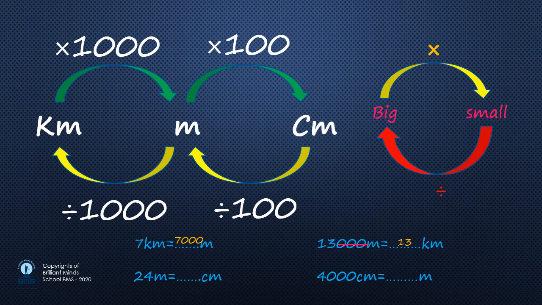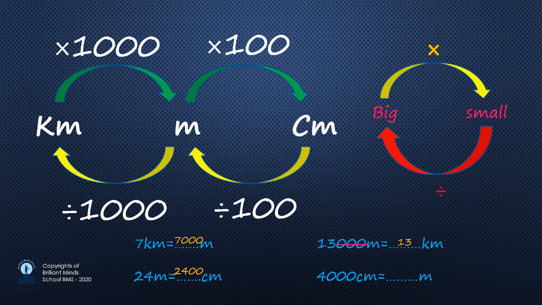Okay, then 24 meters equals blank centimeters. From meter to centimeter, is it from small to big or from big to small? What do you think? From big to small. So the big gets bigger, so we multiply by how much? By 100. How are we going to answer this question? 24 times 100. Count and drop. How many zeros? 2 zeros. So we drop 2 zeros. Then 24 times 1 equals 24. So the answer